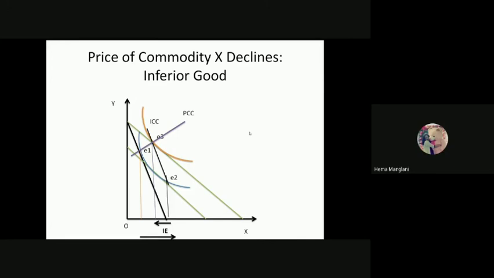Only if the income effect is greater and the substitution effect is smaller would your demand curve be upward sloping. But in this case, your substitution effect is greater, from this orange line to this black line, and your income effect only takes place between these two vertical lines. That is why the substitution effect is greater, and the downward sloping demand curve originates just from the substitution effect.